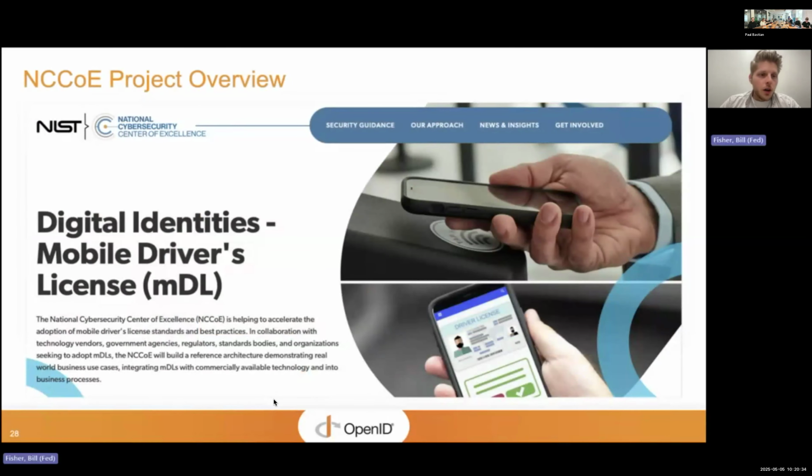For those of you who aren't familiar with the National Cybersecurity Center of Excellence, we are in what's called the Applied Cybersecurity Division at NIST.